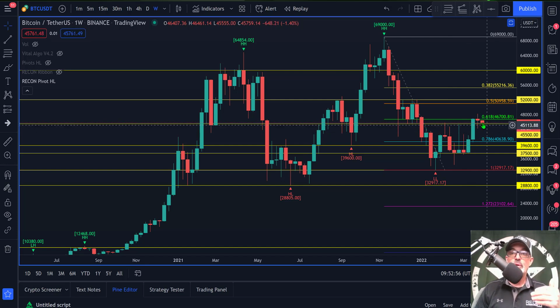So that 45.5 level really is the line in the sand for essentially both bulls and bears. This is the level the bulls need to stay above. At the same time, this is the level the bears want to break down below. And if they can breach down below 45.5, then we're looking back at the 786 level on the Fibonacci, and that's going to put us right around